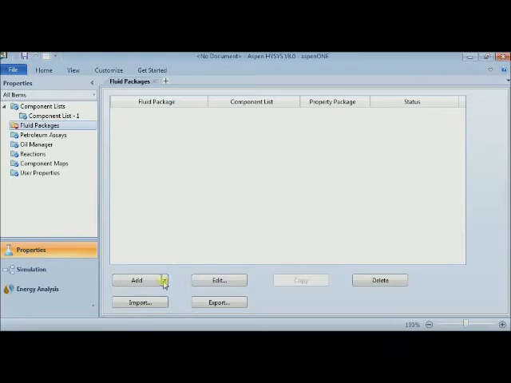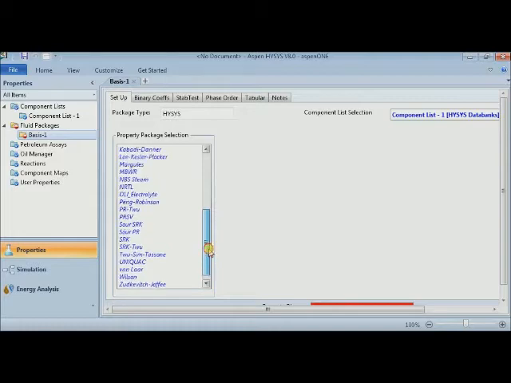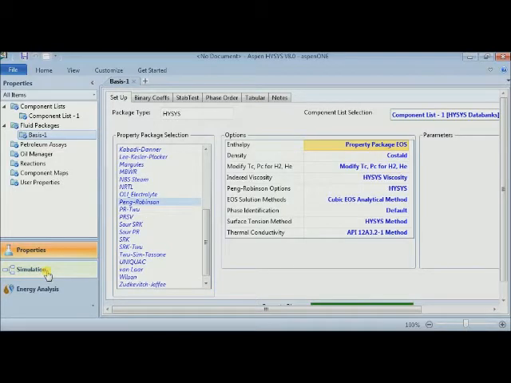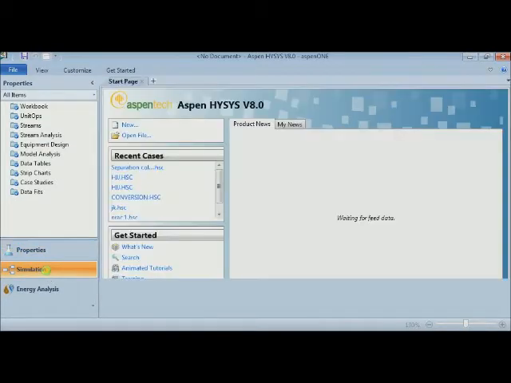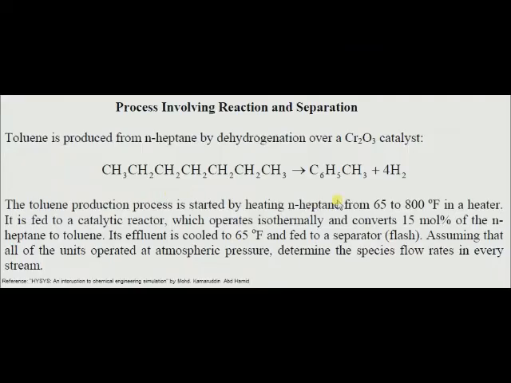So the next step is to choose a fluid package, but our fluid package in this case shall be Peng-Robinson. So we search for Peng-Robinson like this. So we go to the simulation environment, which will display our object palette. So from the question we can see that our object should be